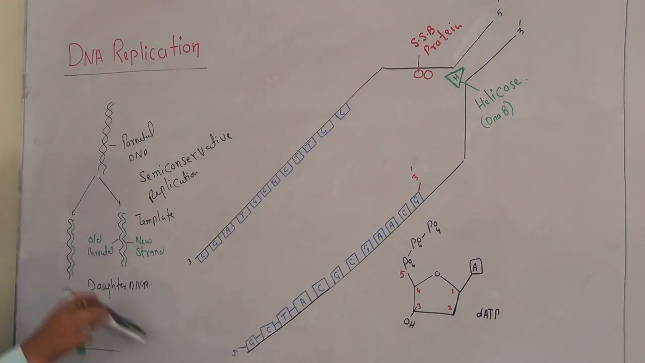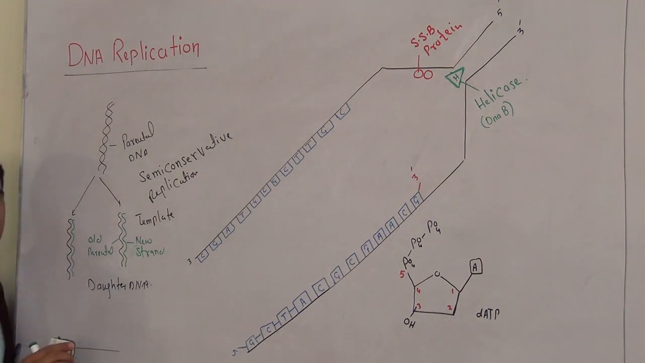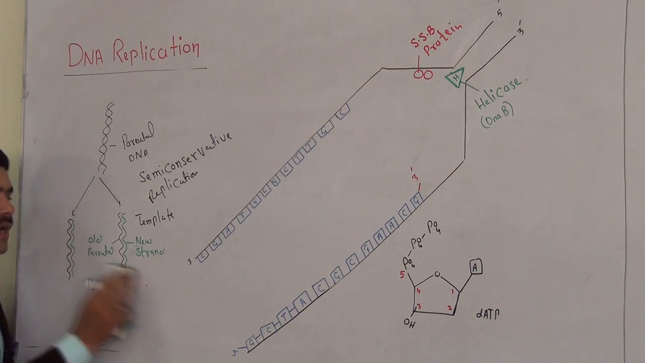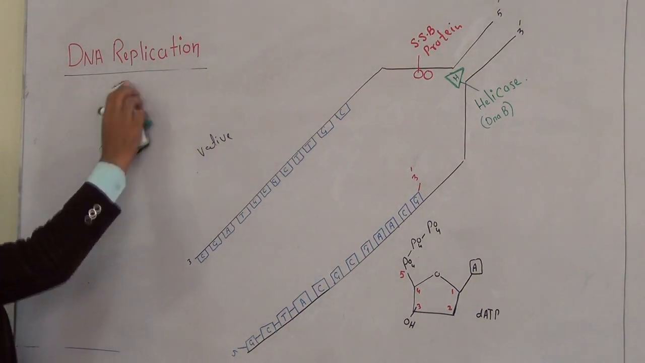Now the next question is: why is this process occurring in the cell? What was the need for the replication of the DNA? So many students ask this question as well. The answer for this is that